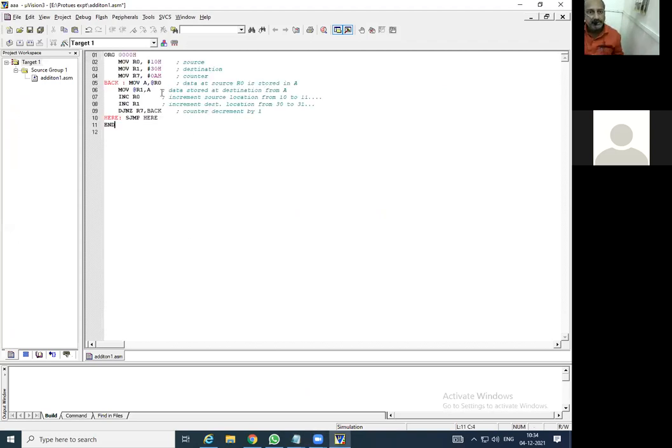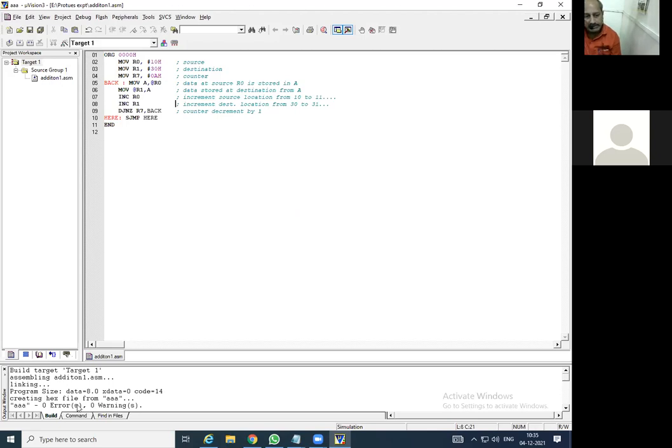So whatever the explanation is done, with this you can also add comments. This semicolon represents that whatever you write after the semicolon will be treated as a comment. Okay, so this semicolon is very important in that case. After copy pasting the code, you are supposed to save the document and then build the target. So in this output window, you can check over here: 0 errors, 0 warnings.